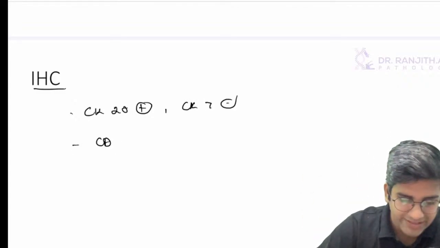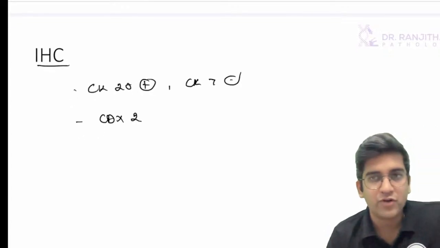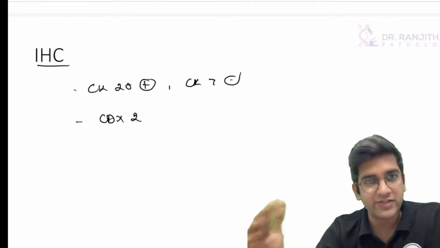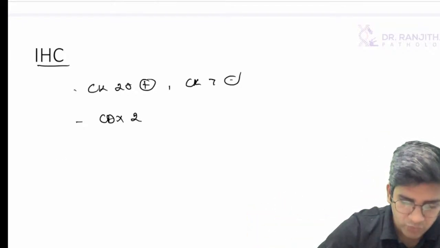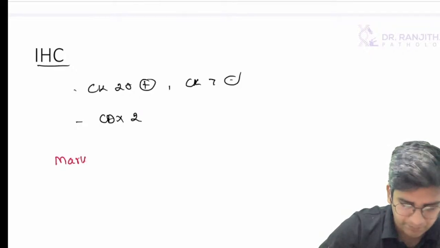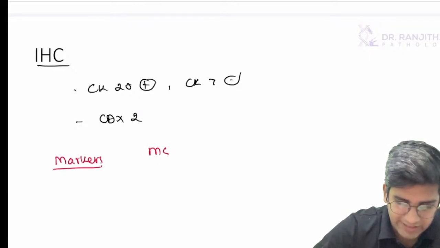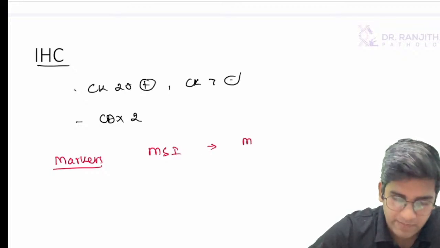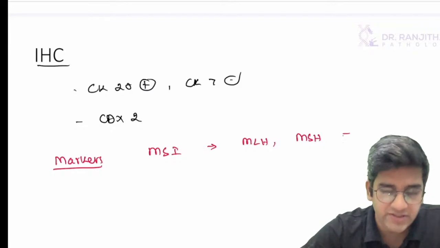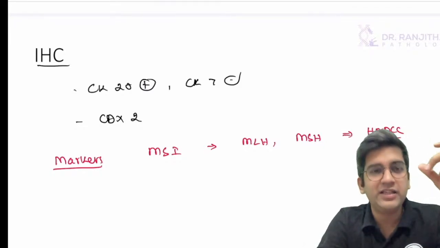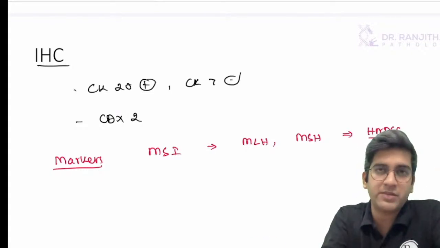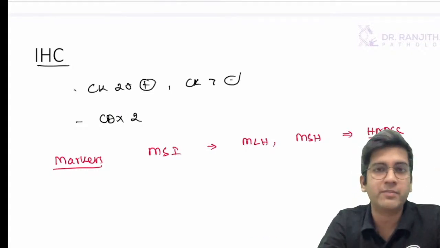There's one more marker called CDX2, right? CDX2 is for the hepatobiliary line, CK20 is for lower GIT, CK7 is for upper GIT, right? And just to add on, if required for an extra mark, you can do markers for microsatellite instability, the same MLH, MSH. This can also be done as IHC just to establish your HNPCC subtypes. If I think of a very high lymphocytic infiltration, I may do this to prove it's HNPCC related so that the entire thing can be taken care of.